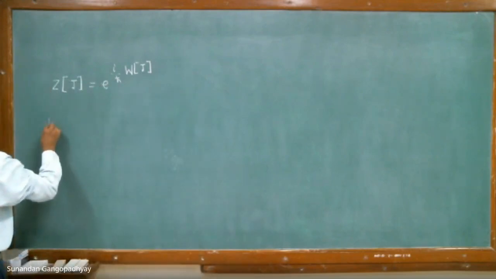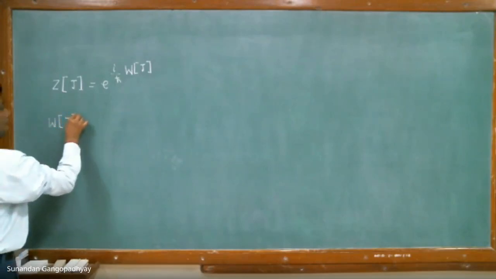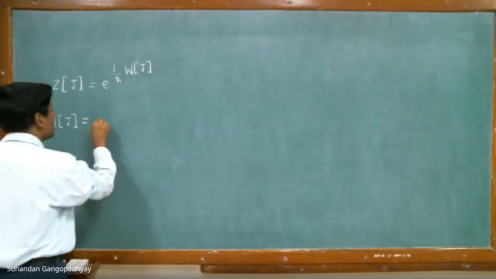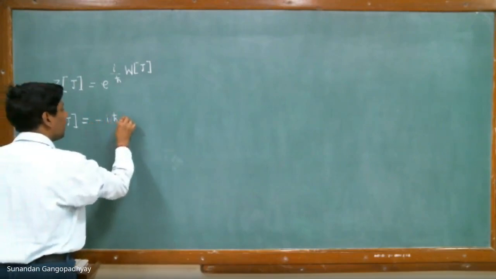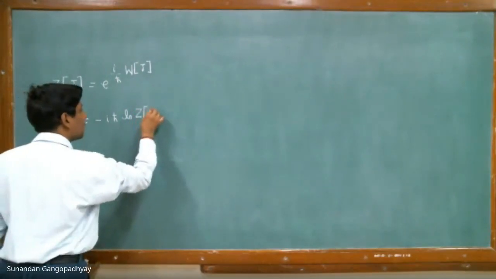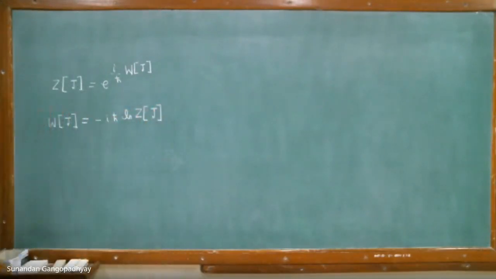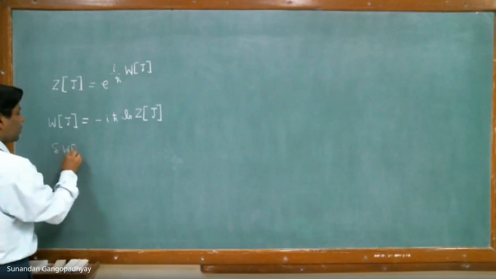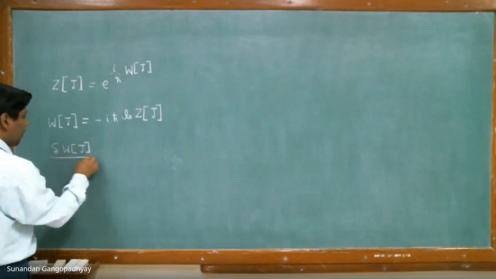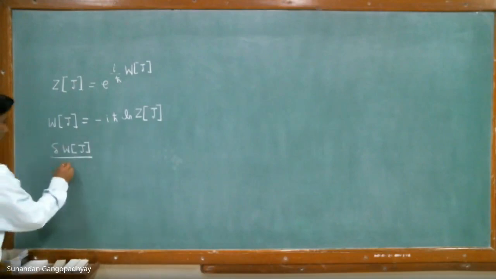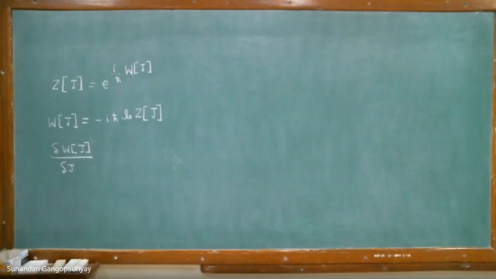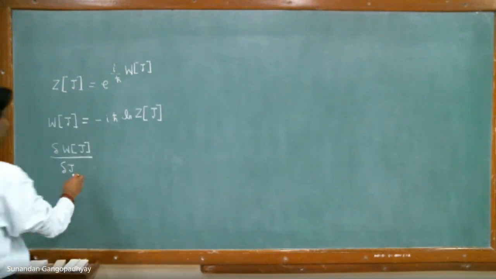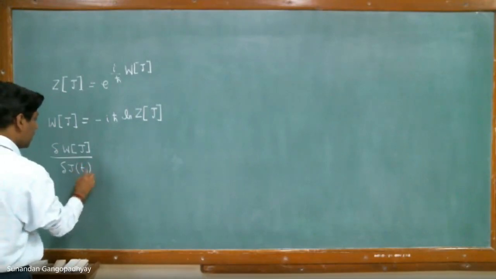And from here you can see that if you take a log of this, then you get, okay. So W of J is related to Z of J by this relation, and now let us just functionally differentiate W of J with respect to J. So if I do that, just differentiate this, say J at time t1,